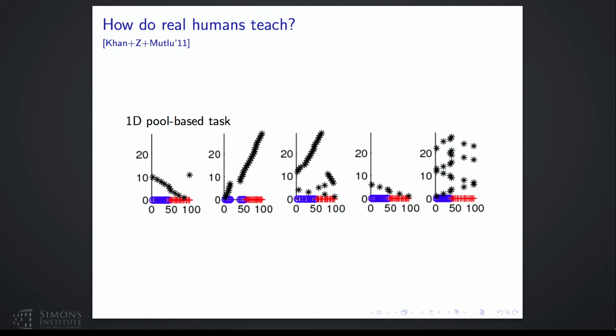They're giving the computer training items one at a time. For example, this teacher simply says, I'm going to show you something deep in the red range, and then I gradually move my teaching examples in a linear way toward the boundary. And finally, when we reach here, it's just to make sure.